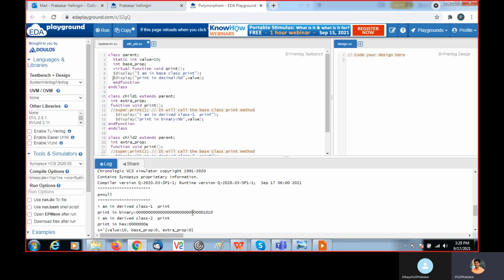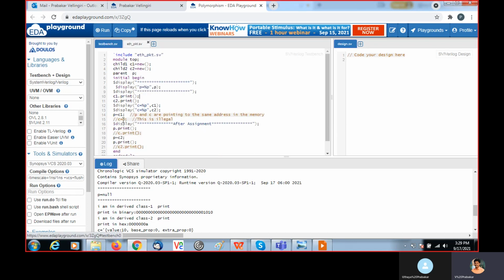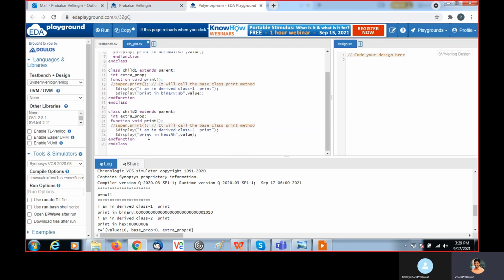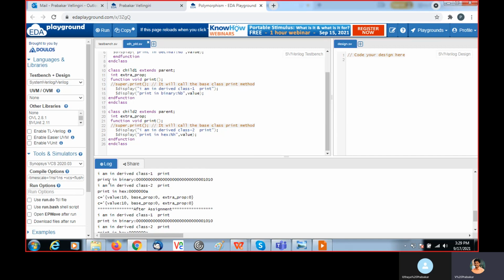This value is printed in binary. Then C2 dot print. C2 is another child class. I'm calling this print method, and it will automatically call, and it will print I am in derived class 2 print, and it is printed in hexadecimal. The 10 value is printed in hexadecimal.